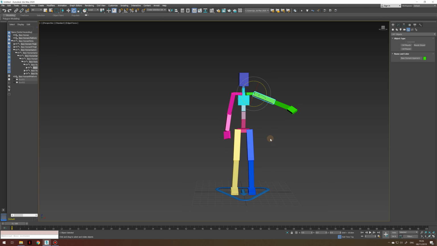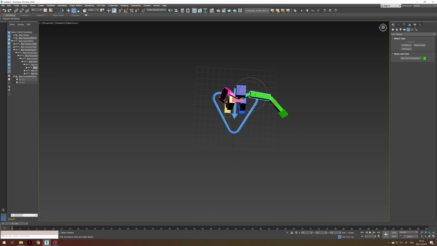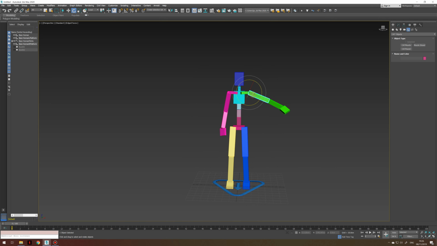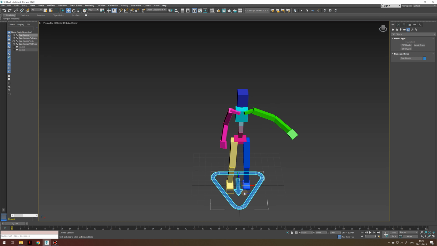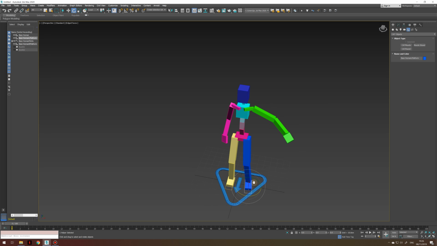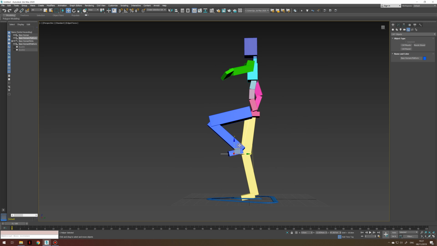I'm only going to do one side because you can copy data across, but I'm just going to move that to a point where I'm happy with it. Yep, that's fine by me. Just going to do the same with the feet, slightly. Just rotate them slightly, and I'm just going to rotate the thigh as well so that it matches the angle